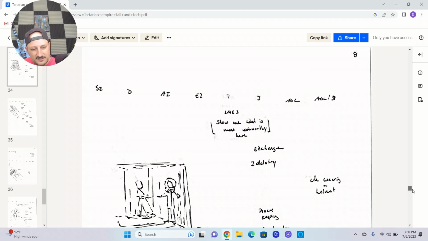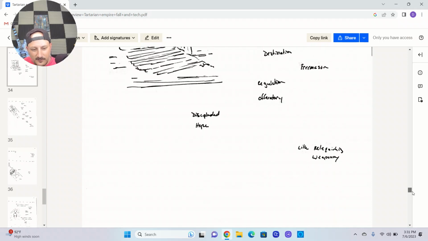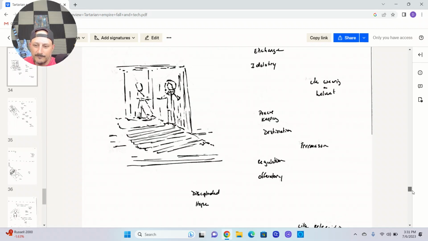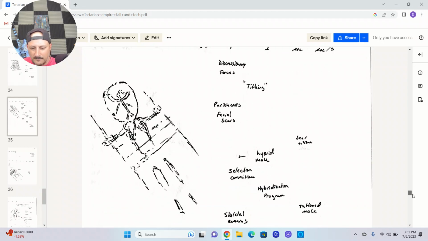I get a sense of exchange, idolatry, peacekeeping, a destination, AOL Freemason, regulation, offertory, disciplined, hope, like relinquishing weaponry. Almost like a surrender here. Discretionary forces. I got a sense of tithing, parishioners, facial scars, hybrid male,